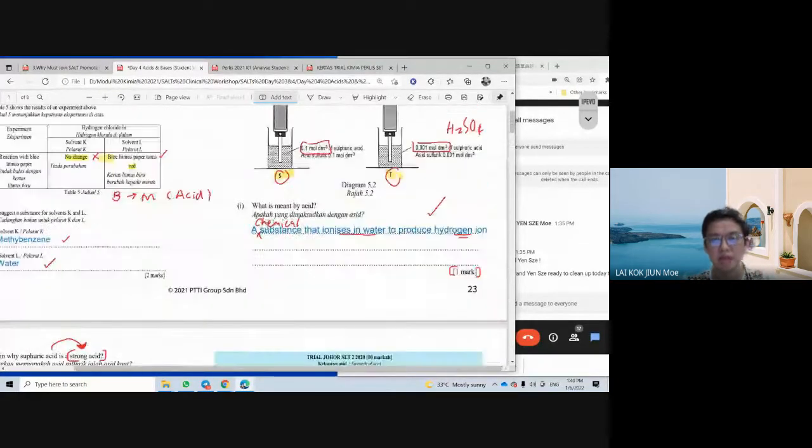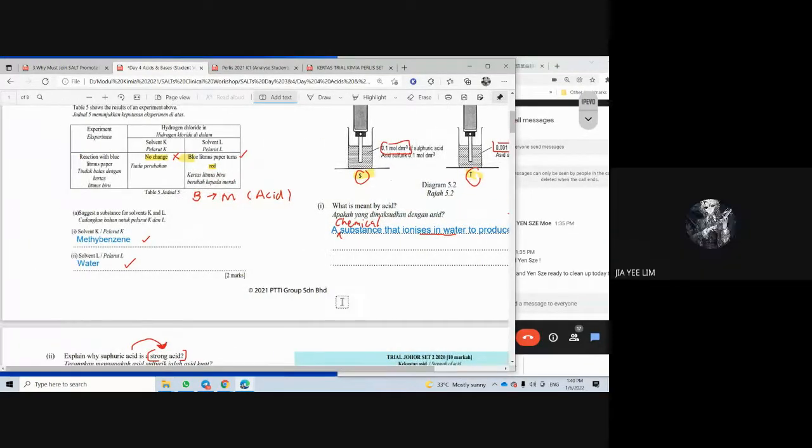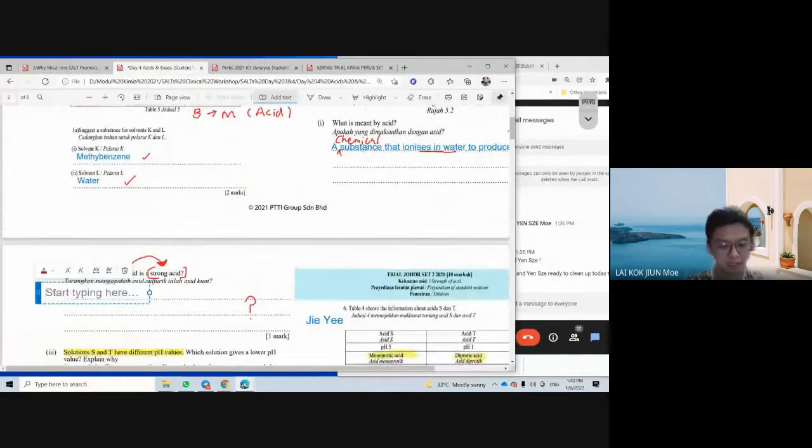So you can now use back just now the definition, you just modify a bit. Okay. It's a chemical substance that ionizes in water. How? Completely. Very good. So you see, Jia gives us a very good answer, perfect answer. Chemical substance that ionizes completely